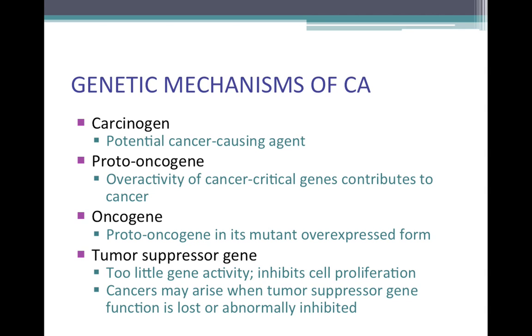Usually, it's not one gene that causes cancer. It requires a lot of different things to go wrong. But an oncogene is basically a proto-oncogene in its mutant and overexpressed form. So we talked about a proto-oncogene might be like a growth factor, and if it's slightly active, that can promote the overgrowth of cells. Well, what if that gene encoding a growth factor became mutant and overexpressed to where you're creating so many growth factors that all of the surrounding cells start dividing rapidly and uncontrollably to the point where they become malignant and therefore cancerous. So oncogenes could be something like that.